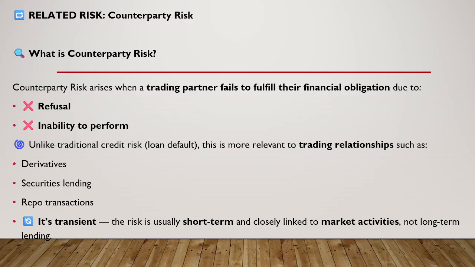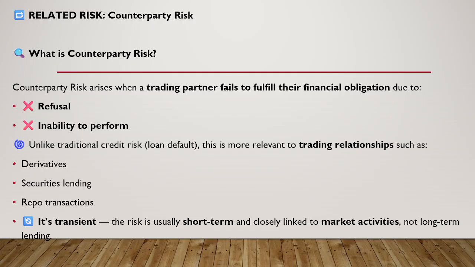Unlike default risk, which plays out over longer time horizons, counterparty risk is typically short-term and more transient. You'll mostly encounter it in activities like derivative contracts, securities lending, repo transactions. Because it's linked to the market, counterparty risk is more volatile and unpredictable, and managing it requires real-time monitoring of